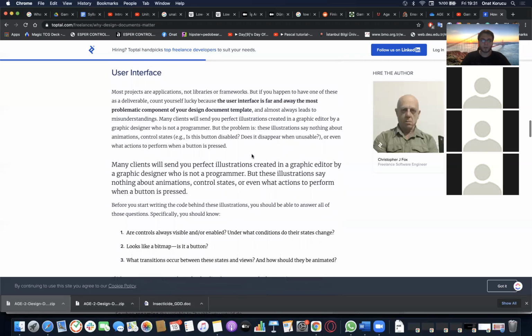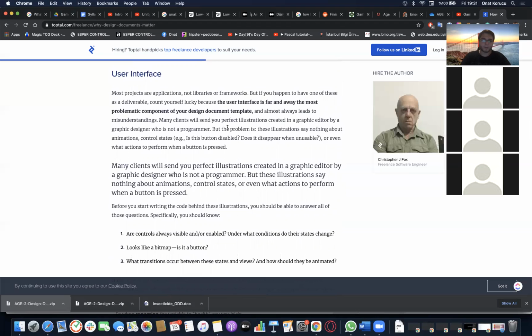So let's talk about user interface a bit. Most projects are applications, but if you happen to have one of these as a deliverable, count yourself lucky, because the user interface is far and away the most problematic component of your design document template, and almost always leads to misunderstandings. Many clients will send you perfect illustrations created in a graphic editor by a graphic designer who is not a programmer. But the problem is, these illustrations say nothing about animations, control states, or even what actions to perform when a button is pressed. This is partly true to some extent,